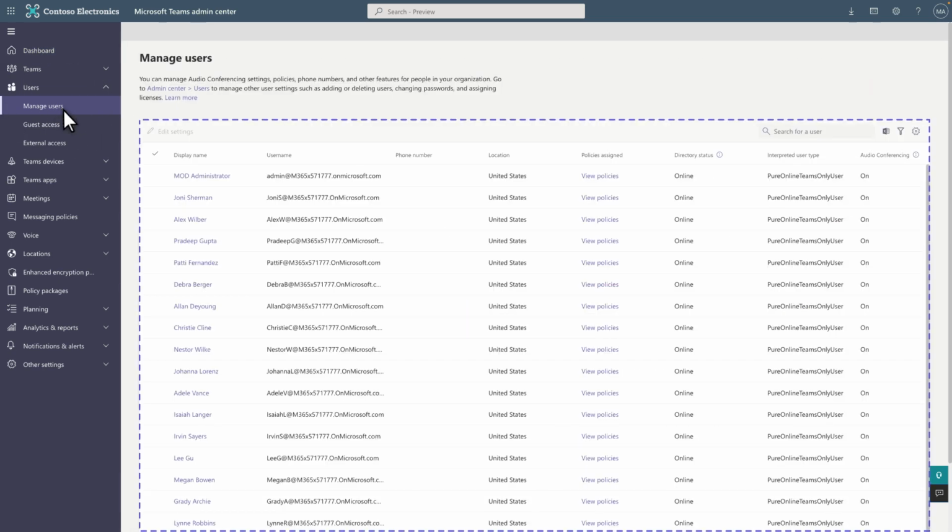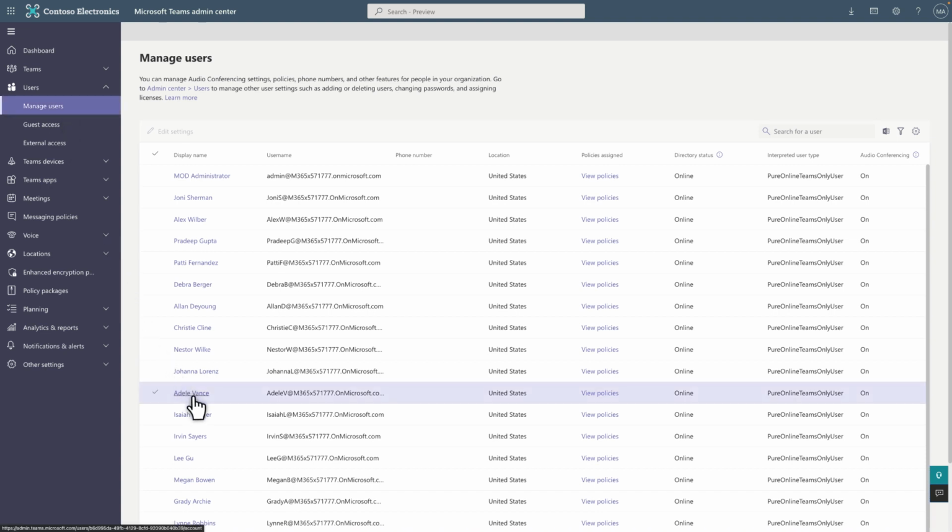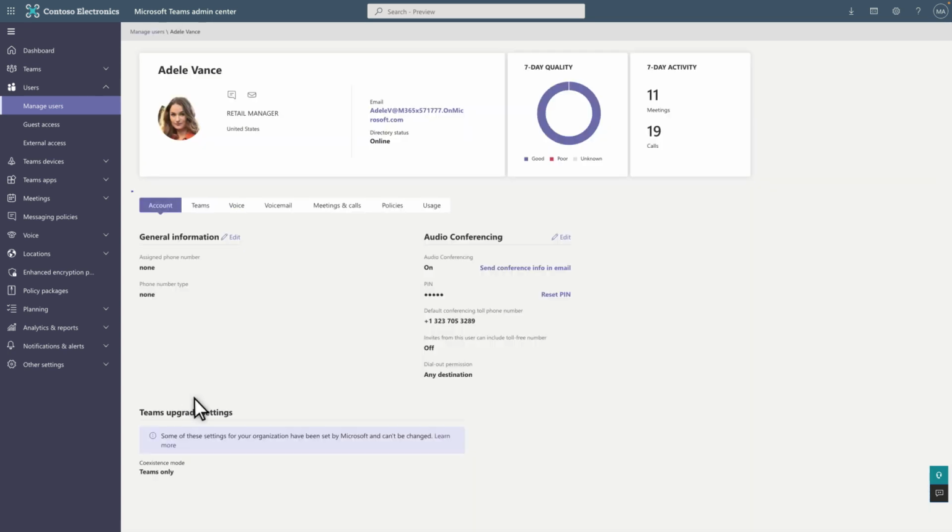This grid shows a list of active users in your organization. Next, select the user you want to manage, in this case, Adele Vance. Below the tiles at the top of the page, select Teams to see a list of teams the user is